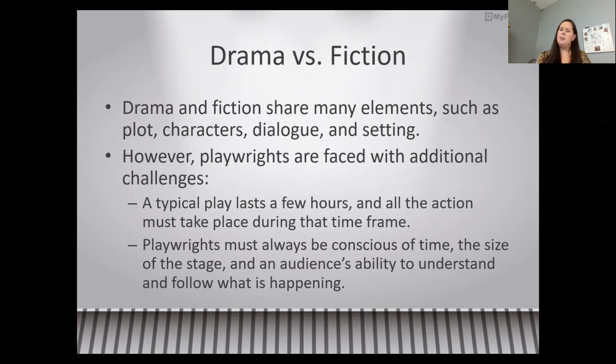But if we're not talking about a play that's acted out, we're talking about maybe TV or a movie. What's their set? How much space do they have? Also, when you are reading dramas and seeing them, the playwright has to take into account what the audience can really follow, or what they are going to understand. Because when you're in the middle of a play, can you say, oh, excuse me, director, can you back up and replay that part because I missed it? No. If you're reading a fiction book, you can just reread a few pages. So those are some key differences that we need to stay aware of.